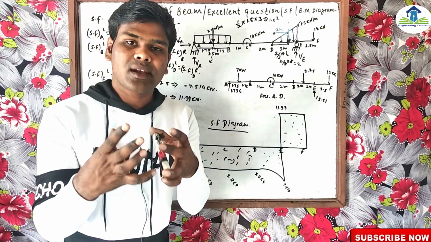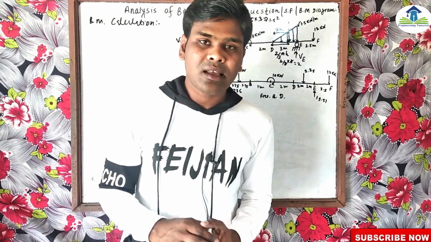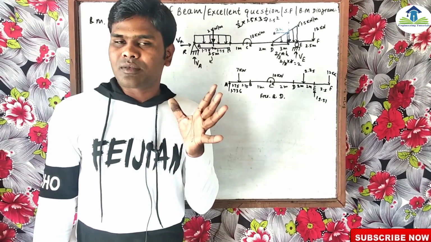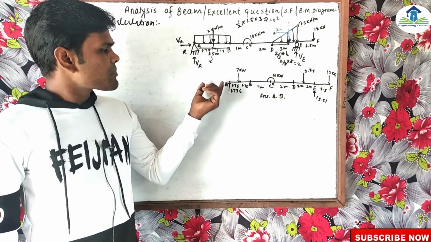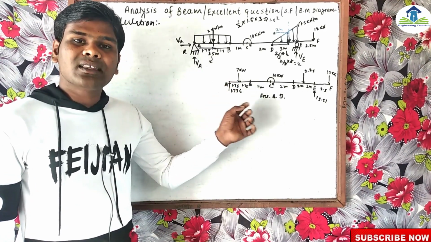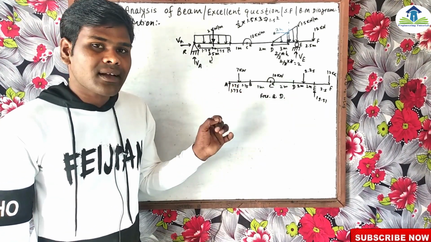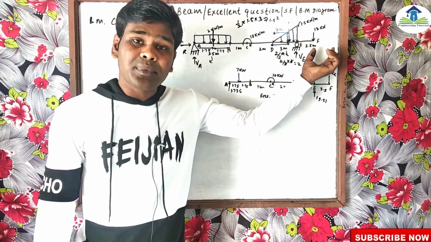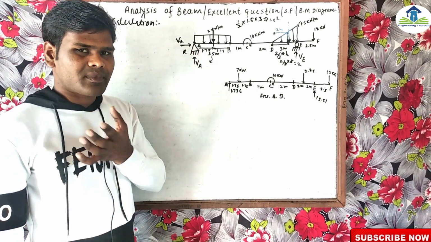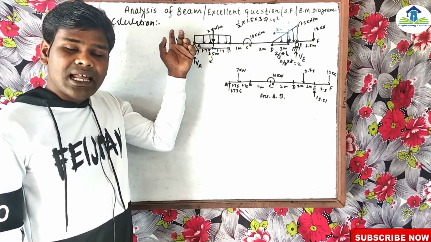Now we are going to analyze the bending moment diagram. For the bending moment diagram, I have told in the previous video that the bending moment at the support, either roller or hinge, will be 0 if there is no extra loading acting on the left side, that is, if there is no overhanging beam, or any moment, or any extra load given on the left side.